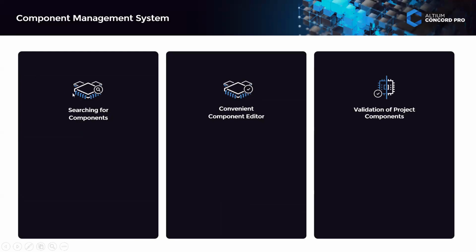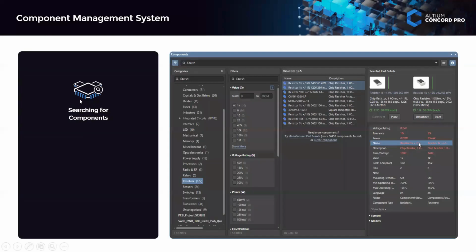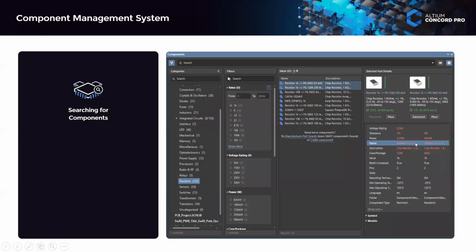So you can go for searching your component. If you want to search for a component, you can do it in the component panel itself. Actually, this feature is available from version 19 of Altium Designer. There you can see there is a component panel, and inside it you can search the components based on the name of the component, the parameter values, and the data sheets. All this can be used for searching for a component.